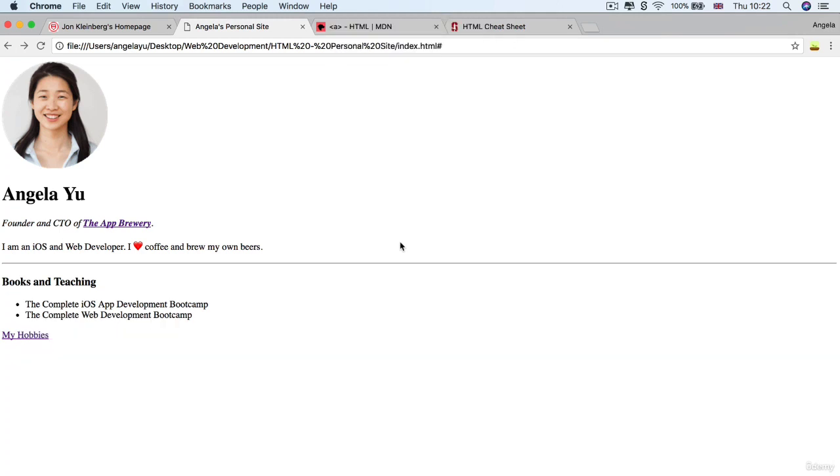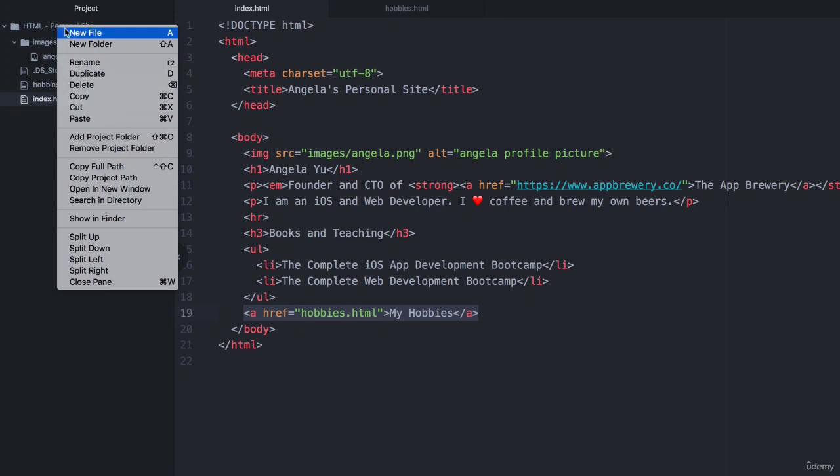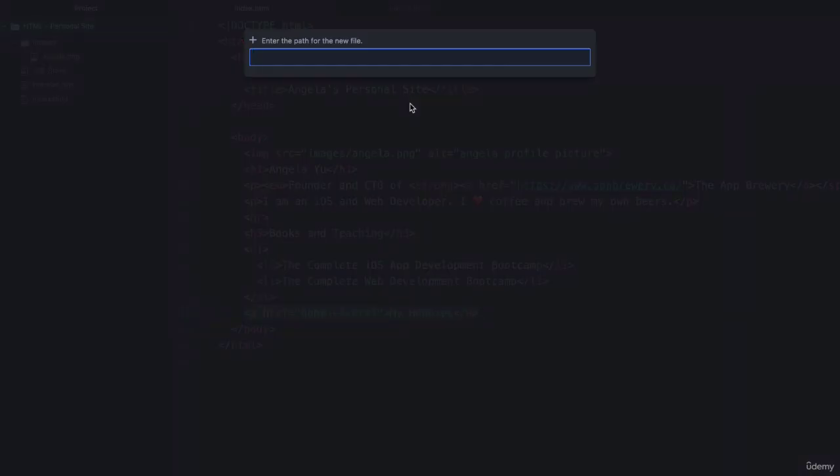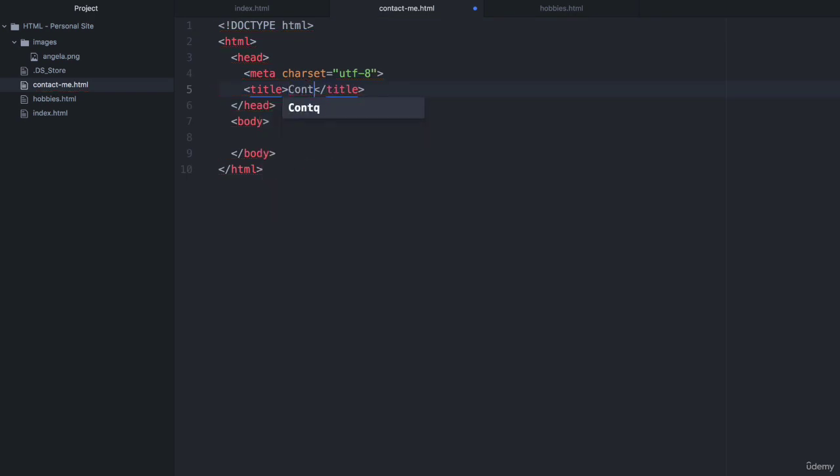All right, so it's going to be exactly the same as what we did for my hobbies. So we're going to go to our HTML personal site folder. We're going to right click on it. We're going to create a new file, and this is going to be called contactme.html. And here we're going to again start with the HTML boilerplate, and the title is going to be Contact